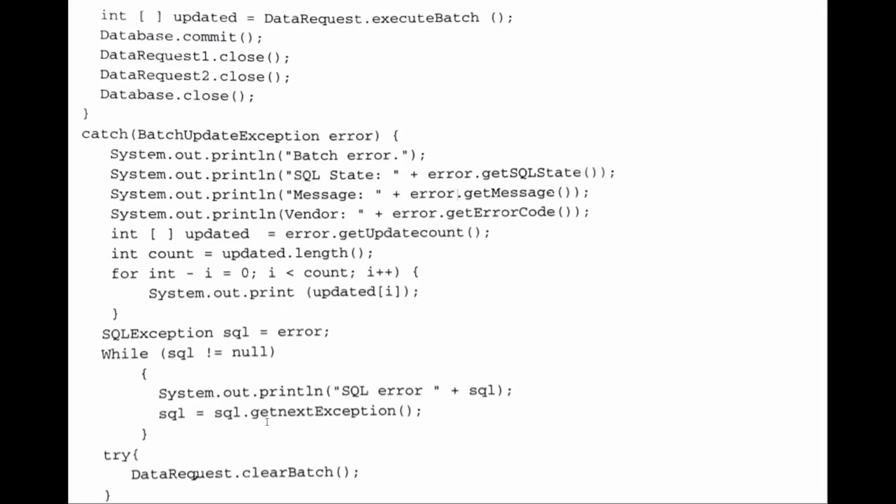So if there is an exception in the batch, then all the details will be logged together. Even the failure of the updations of any statement can be stored in the database itself and they will be rolled back.